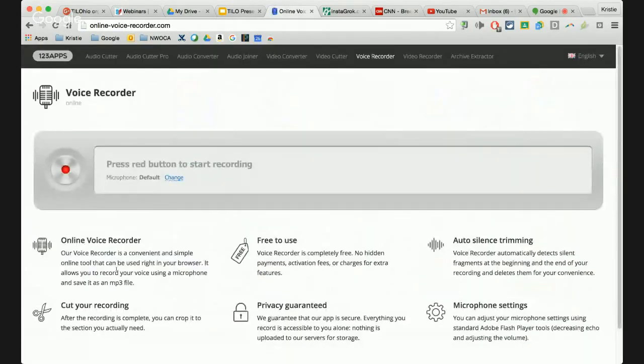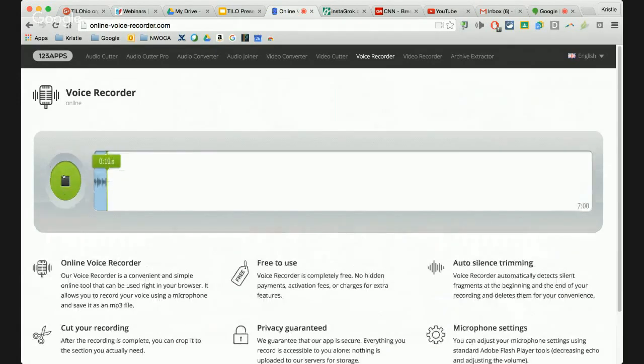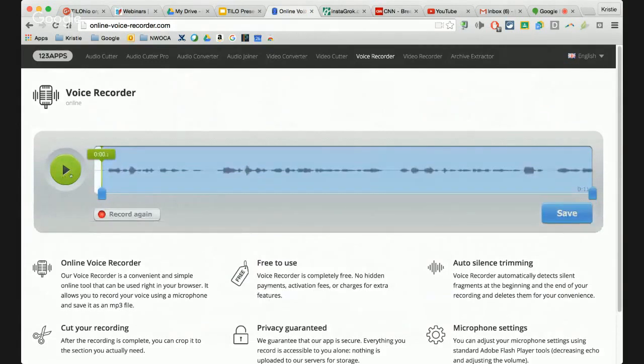Now, again, I like this one because it's really, really simple to use. I literally just have to click this record button and it starts to record my voice. So if I have a group of students that are maybe reading a story, or a couple students that are working on their speech, or any example there, I can just click record and click stop and then play it and then save it, of course, too. It does save as an MP3 file. And I also like the fact that now I can go ahead and edit it.